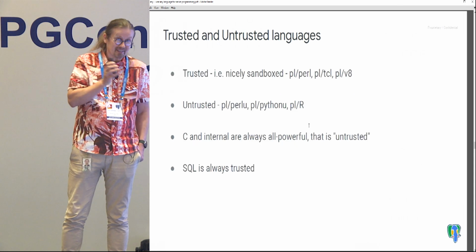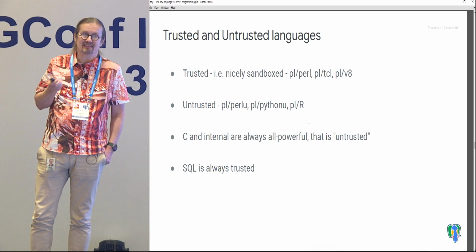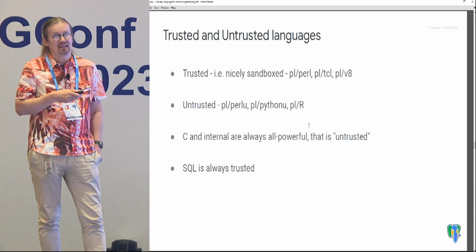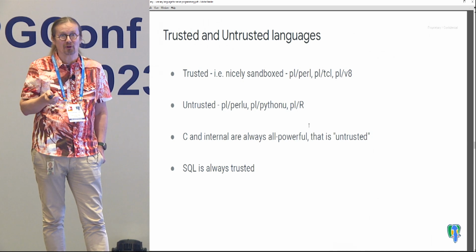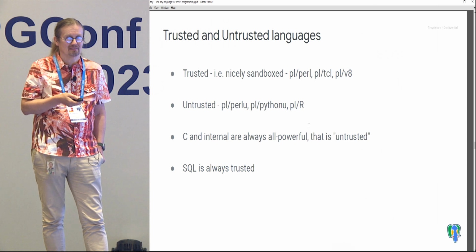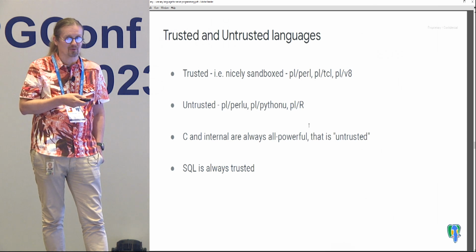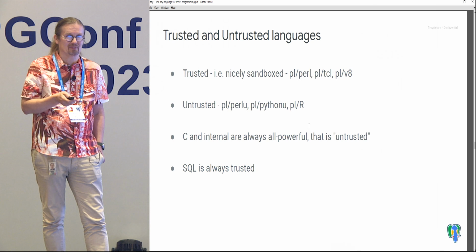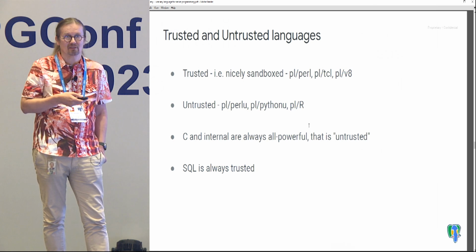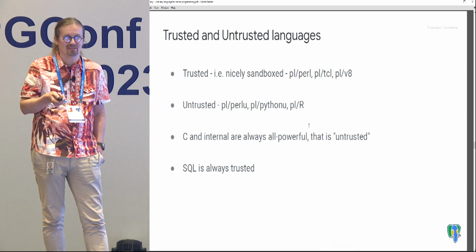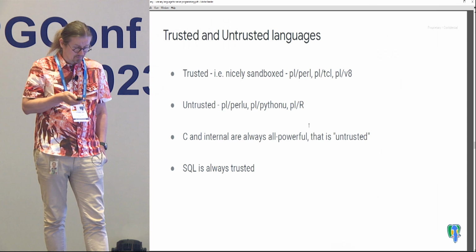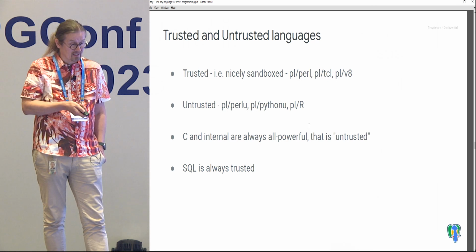And yet another aspect of functions is that they can be either trusted or untrusted. Untrusted doesn't mean that they are flaky or don't work. It means that they are very powerful, so you don't want to give them to people you don't trust. It's actually about the trust in the users. Either they could be malicious or they would just not be very meticulous in their use. So these ones are there,